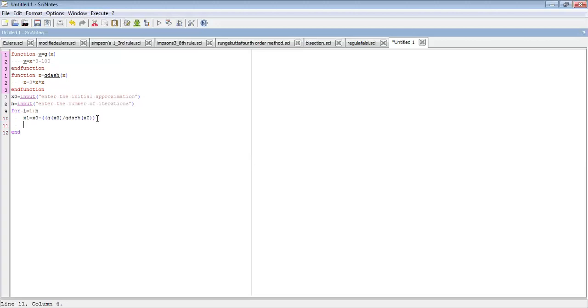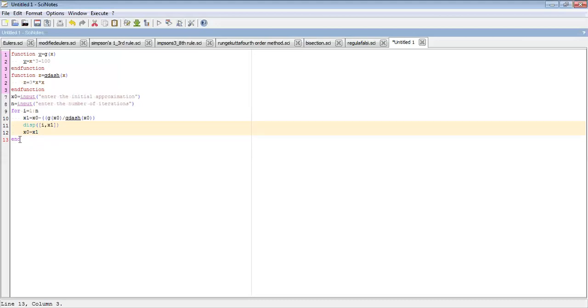And then once it is over, what I have to do is I have to take the next value of x naught because I'm keeping the same thing. So x naught is equal to what? That is your x1, and then I just say display that. So in between I write here the display command. We want to write down the iteration as well as the value of x1. I want to display this. So this is the end of the for loop, and that is the end because we don't have to find it out here interval wise the values.